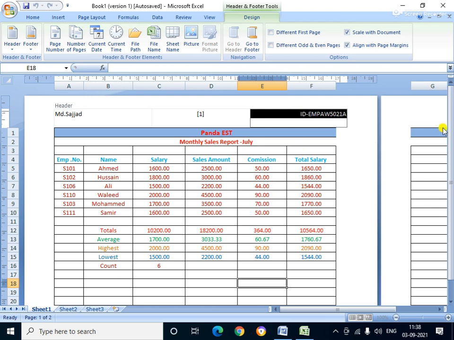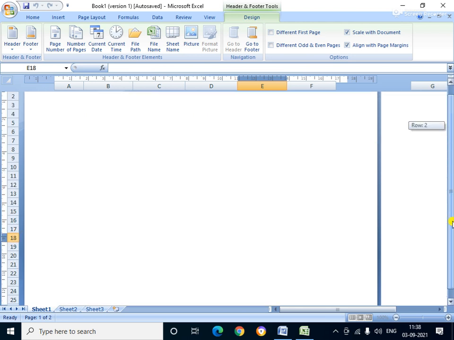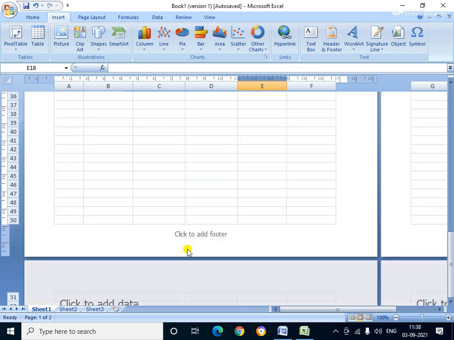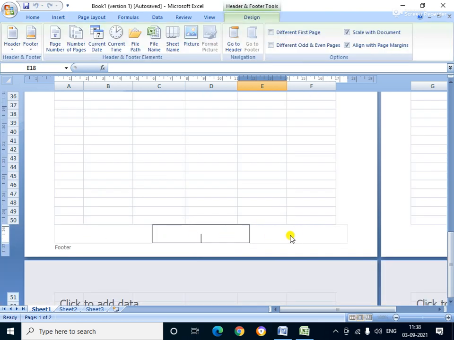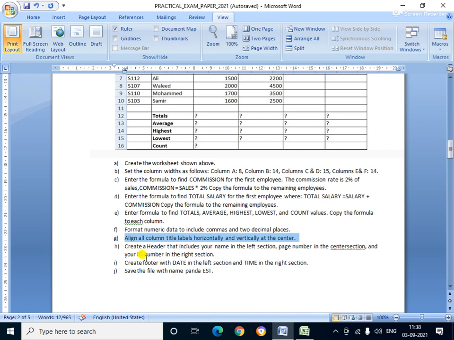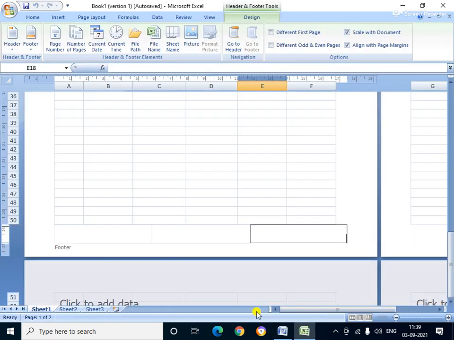And then after this the footer section is there. See, the footer section also has 3 sections. Here the question is: in the footer, the date on the left and the time on the right side. Okay, date and time, the current date and current time.